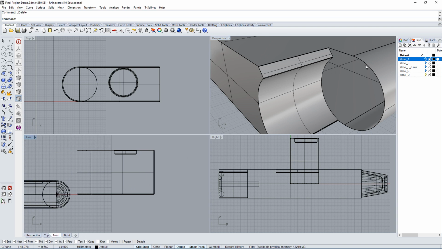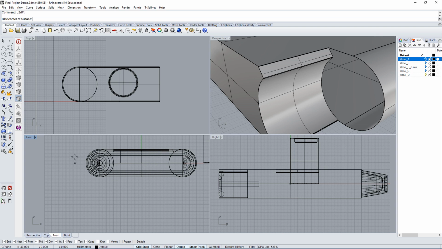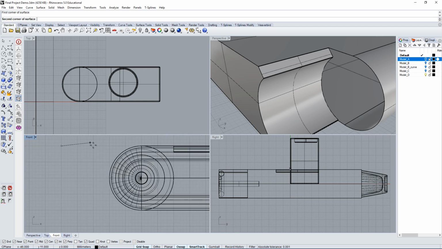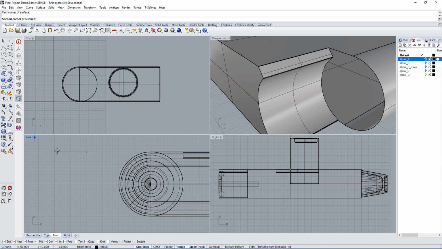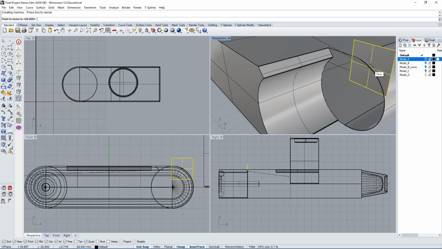Now in this case, the planar surface is actually not going to work. I've made a few tests before, I tried it out, and it created a few issues. So I'm going to show you a second way to do it. And that method is really straightforward. Basically, all you do is you create a flat surface. You can move this flat surface onto your object.